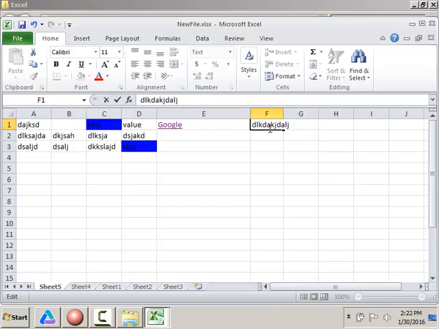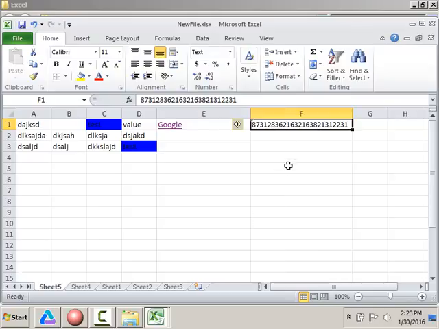Now you can see it is displayed fully. So you format the type of that cell, maybe as text,